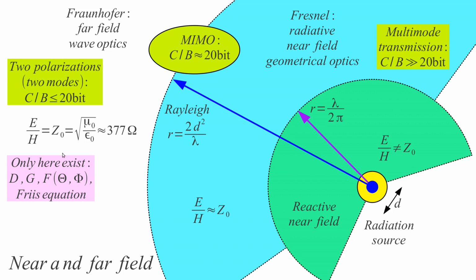Interestingly, we use all three. We use the far field, we use the radiative near field, and we use the reactive near field in our communication. Of course, reactive near field will be used in short distance communication. In fact, if we look 150 years ago with the first radio experiments,